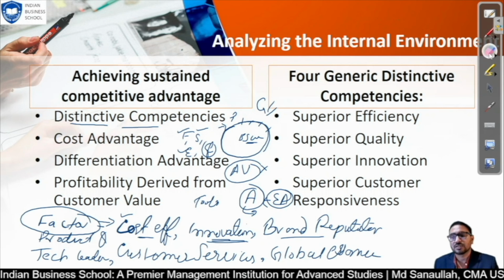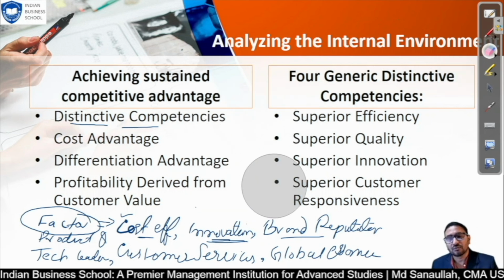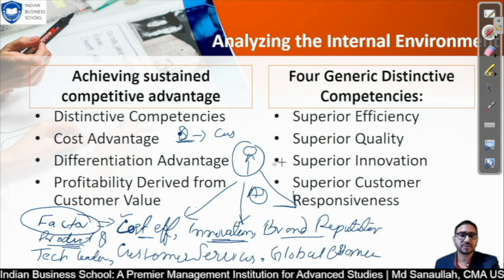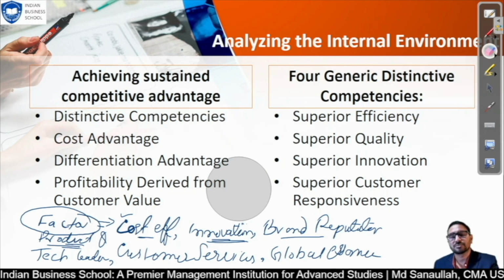So now I will talk about another point, product quality. Obviously, if you do all this activity, your product quality will improve, and for the product which you are supplying, your intention should be quality, because quality does matter to your customer. Suppose you are a customer, buying a particular product based on brand reputation, even if you buy from Apple one time, and you find this product has no good quality as you are expecting, the innovation is not good, the product cost is also high, so do you think you will buy this product again? Obviously not. So this factor is also very important. The expectation you have created among your customers, you have to fulfill.